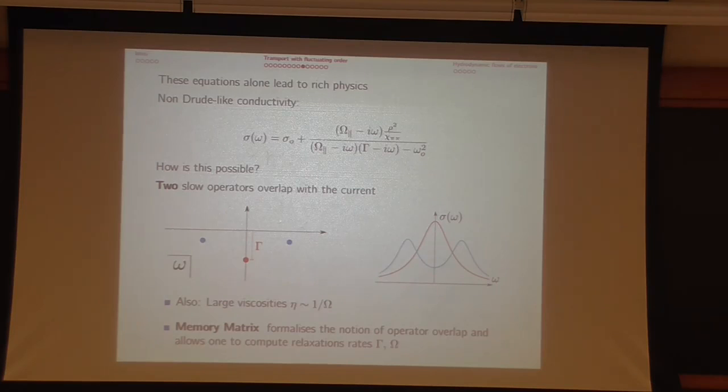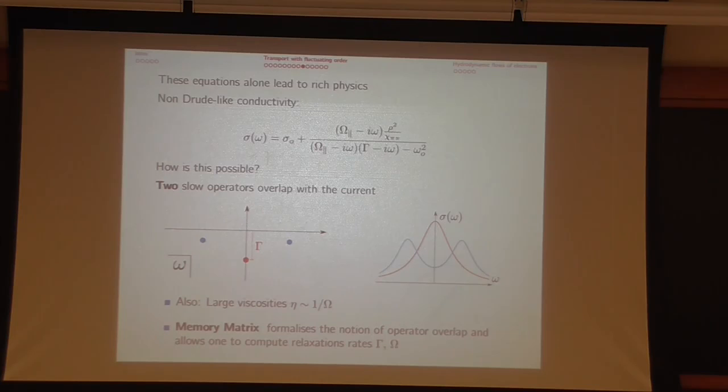Another hallmark feature of these theories of translation order with relaxation is that there are very large viscosities. For the same reason that a superconductor has a very large conductivity, because the charge, the U(1) symmetry, is spontaneously broken, these systems have a very large viscosity, because viscosity basically measures your ability to transport momentum. And because translations are spontaneously broken, momentum plays the role of charge. That's why these systems are sometimes called stress superconductors. They're very good at transporting momentum.